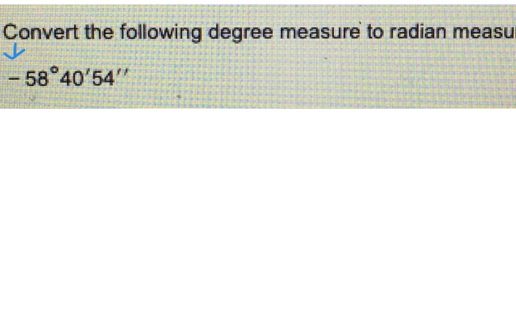Anytime it's a negative degree, minutes, and seconds, I just go back at the end and make the whole thing negative. So just remember that here. We need to convert it first to a decimal before we convert it to radians. You can't really go from degrees, minutes, and seconds straight to radians. So to turn this into a decimal, we've got 58 degrees,